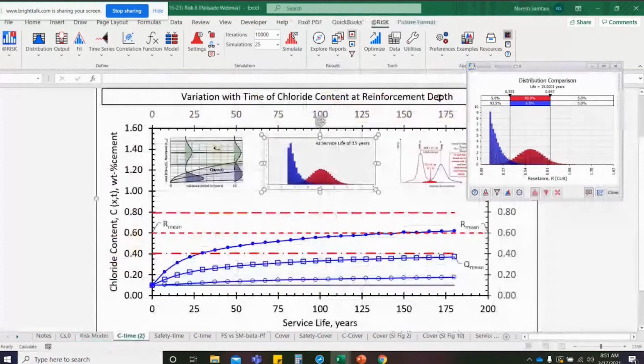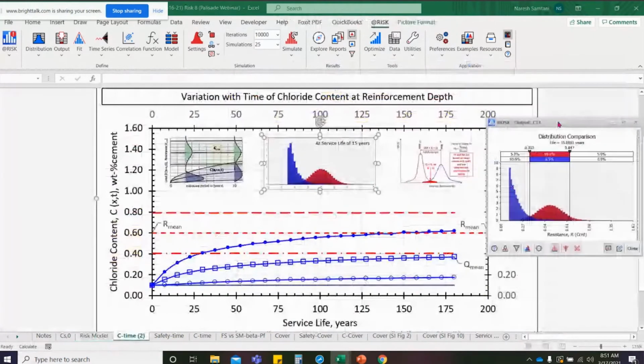Let me make this window something which we are going to look at. And I'm going to go to this graph here, set this on the side, and we are going to see what's going on. Now, what you see is that when I created this graph yesterday, the simulation for the load looks a little bit different than what I did today. Well, that's to be expected because it's Monte Carlo simulation. Every time you run a simulation, the answers are going to be somewhat different. Okay, so you have to live with it. It's not a closed form solution.